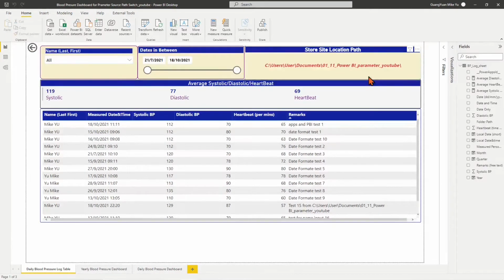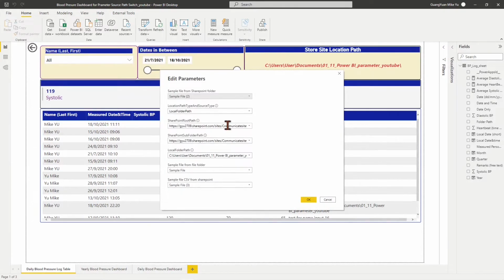Let's do one more switch on data source type changing from Excel file to the CSV file stored under the subfolder of OneDrive site. Click the Transform Data tab, choose the Edit Parameters. In Open Window, to the drop-down box, Location Path type and source type, ensure that the SharePoint folder path and